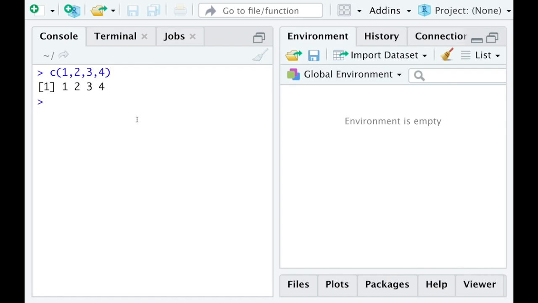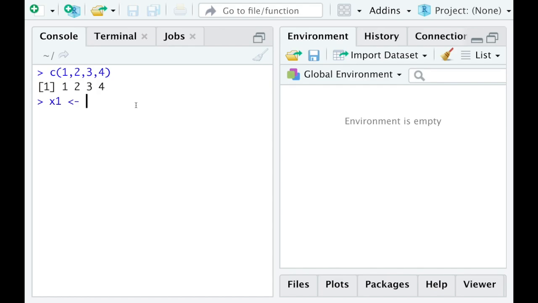Where you can do something a little bit more interesting with this is you can assign a variable to your vector. And to do that, you'd have to make up a name for your variable. In this case, I'm going to use a variable called x1. There are rules to making up these names, but basically if you start with a letter, you'll be fine after that. And just remember when you're making up these names, they're case sensitive, so big X and little x are